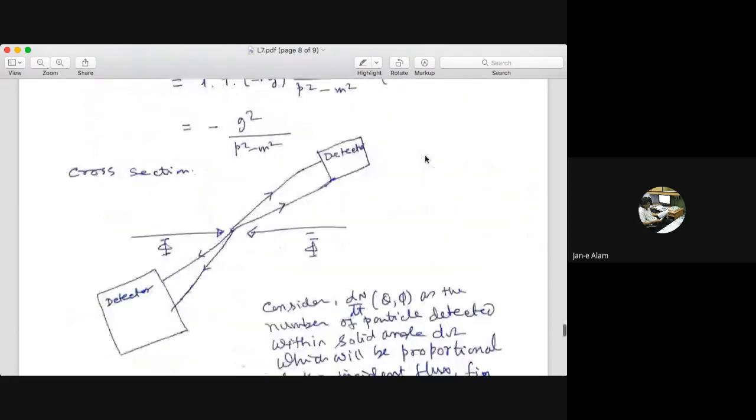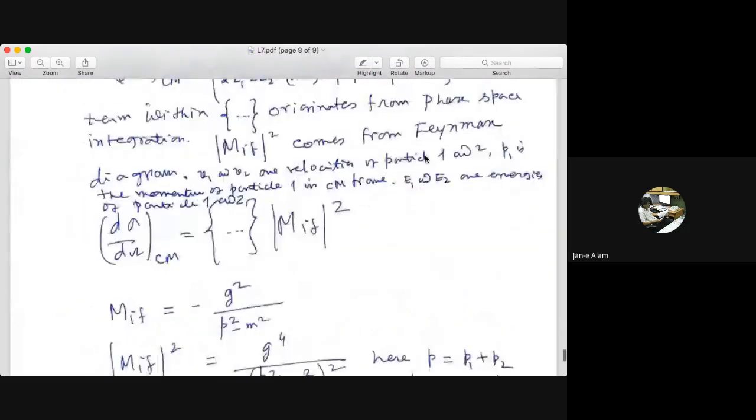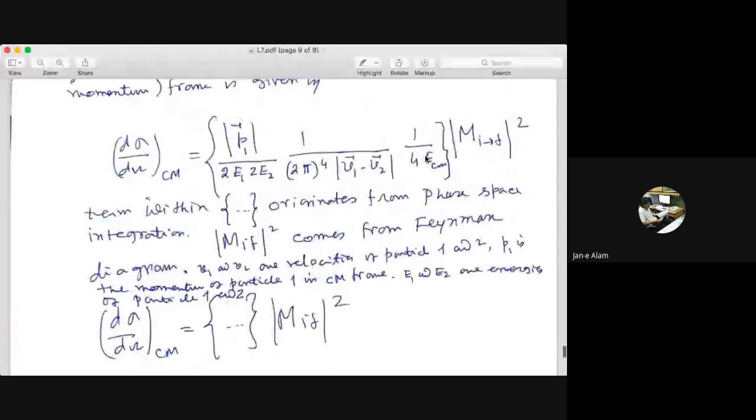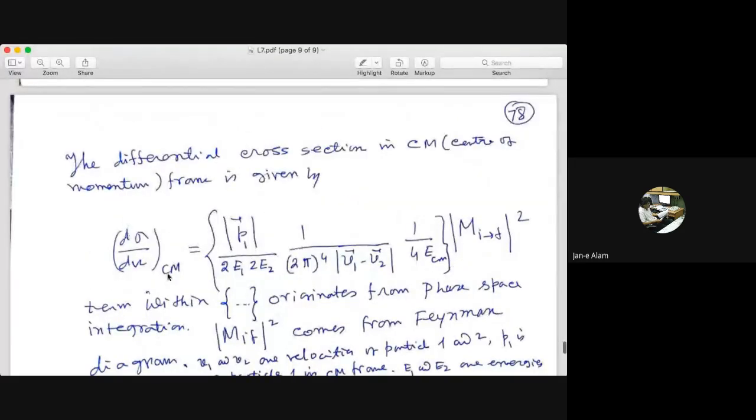When you get the M, there is a formula for the cross section. You put it there, and that is the cross section you theoretically calculate and compare with the experiment. Or if you have some unknown particles, you can predict the cross section for the production of such particles, and experimentalists can measure and check.